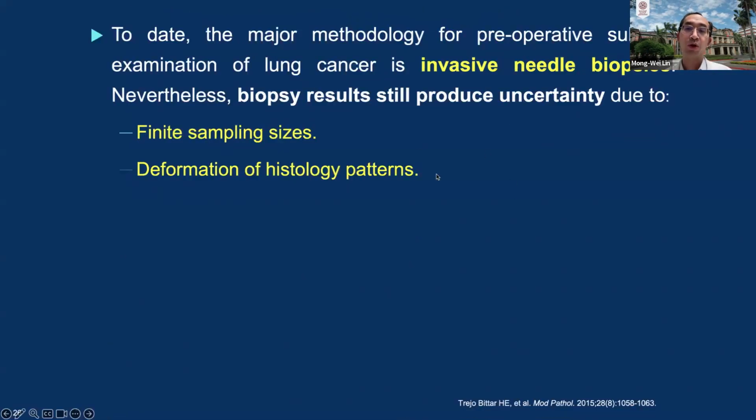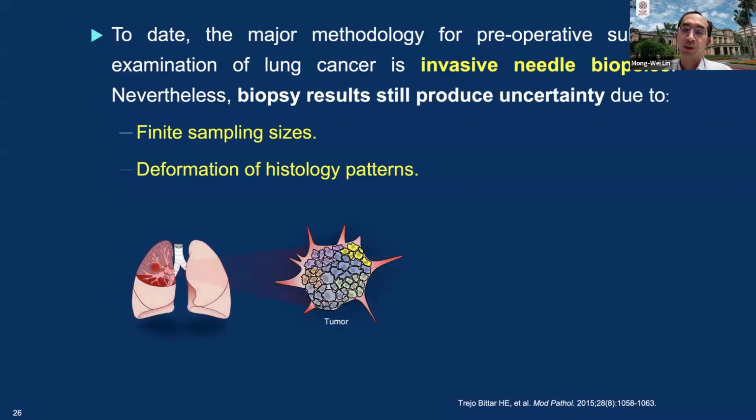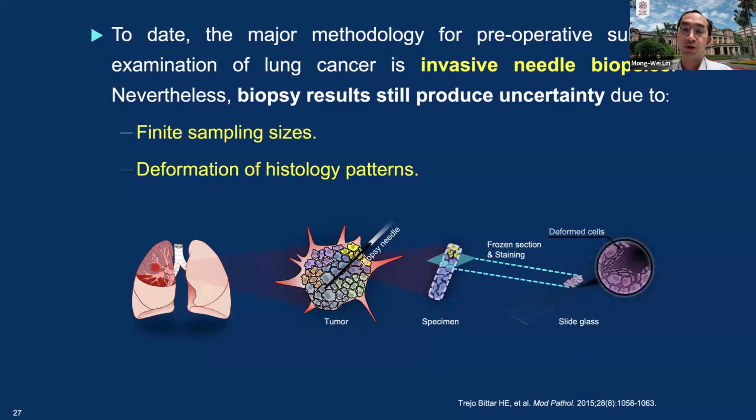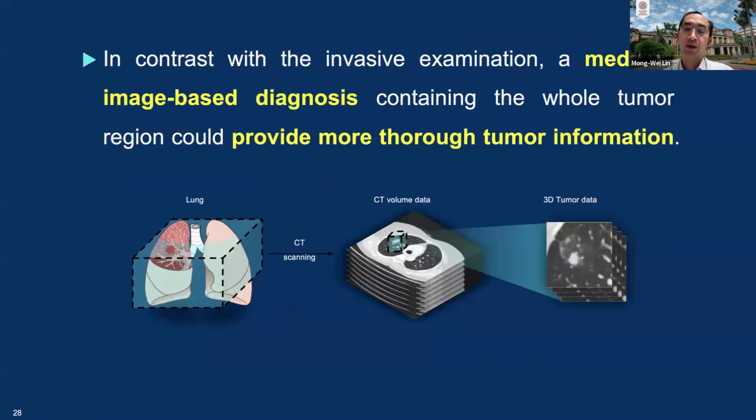But the problem is that we only know these pathology features after surgery from the final pathology report. So how can we identify tumors with high-risk features before surgery? The most common approach is needle biopsy. But the tissue we get is often a very small sample, and the procedure can distort the histologic pattern. In contrast to needle biopsy, image-based assessment that covers the entire tumor can offer a much more comprehensive